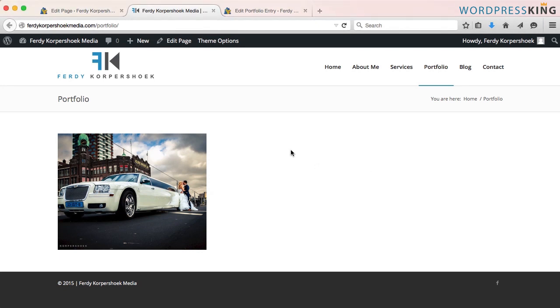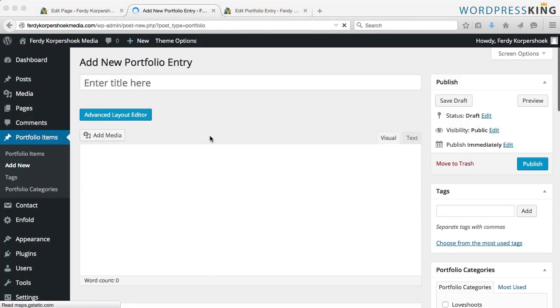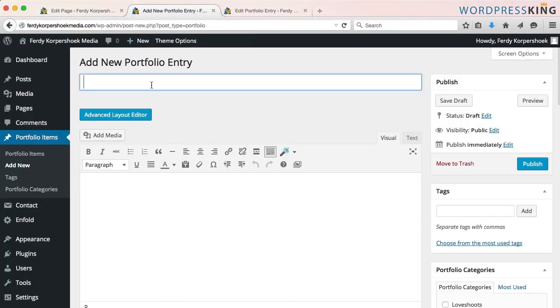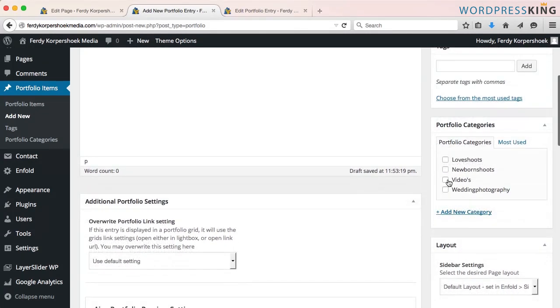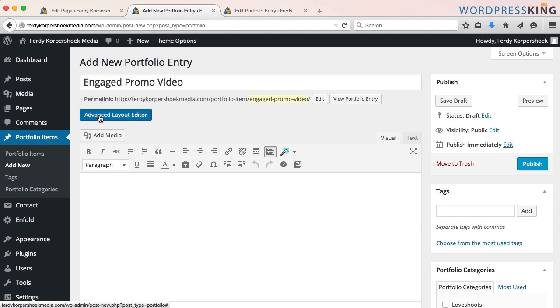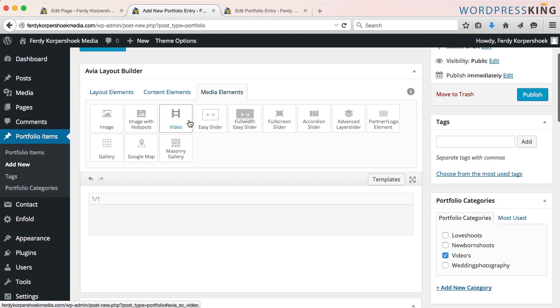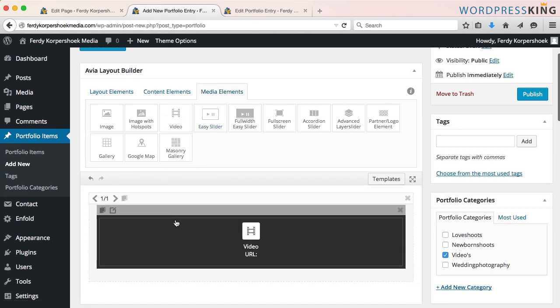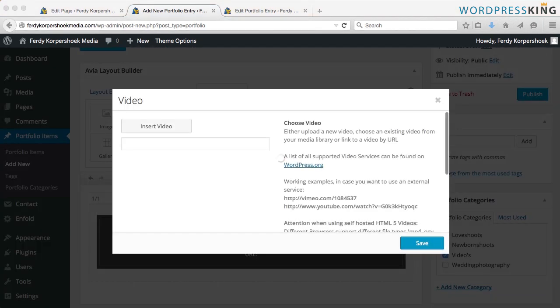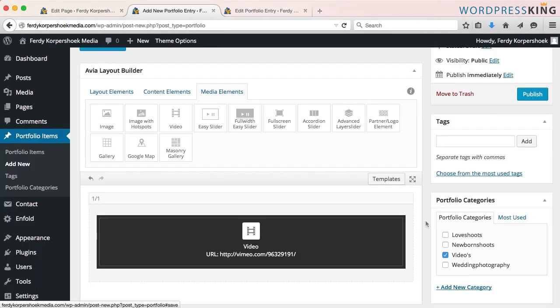Okay, I'm going to add a video. So in order to place a video, go to New, Portfolio Entry. And the title of the video is Engaged Promo Video. It's from the category Videos, and I will make use of the Advanced Layout Editor. One-on-one, Media Elements, and I drag the video over here. I click on it, I paste the code of Vimeo 16:9, I save it, and I scroll down,